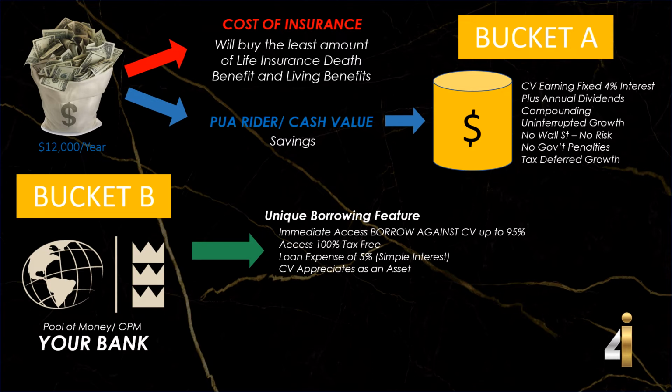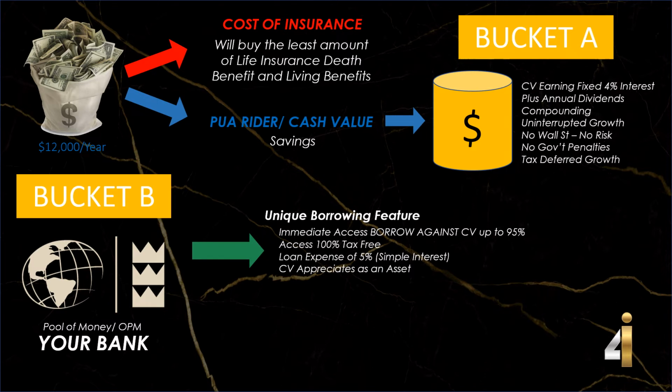When you borrow money from the insurance company's assets, they will ask you to pay 5% simple interest. But the 5% simple interest is actually less than the 4% compounding growth from your bucket A. So that's what you call a washout loan. The next question I'm being asked is, do I have to pay back whatever I borrow? The quick answer is you don't have to. As long as your bucket A is intact, you don't even have to pay back what you borrowed from bucket B.